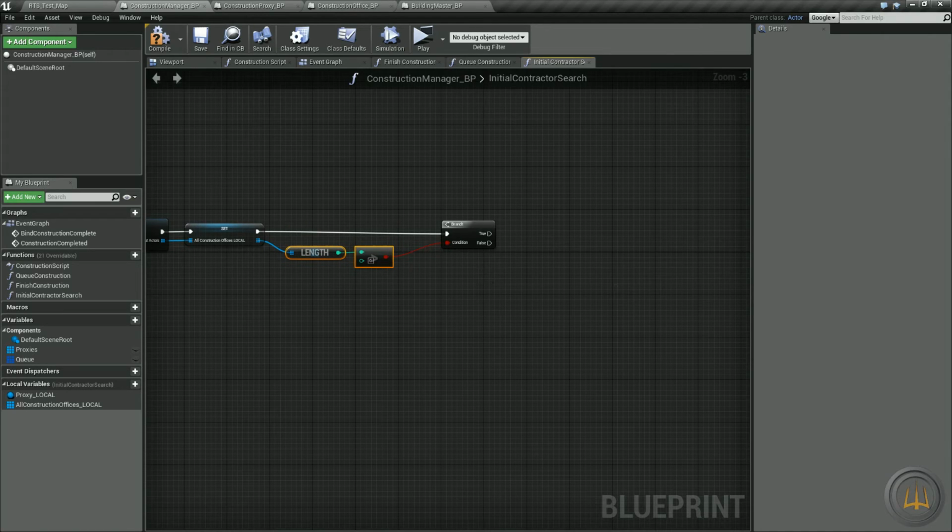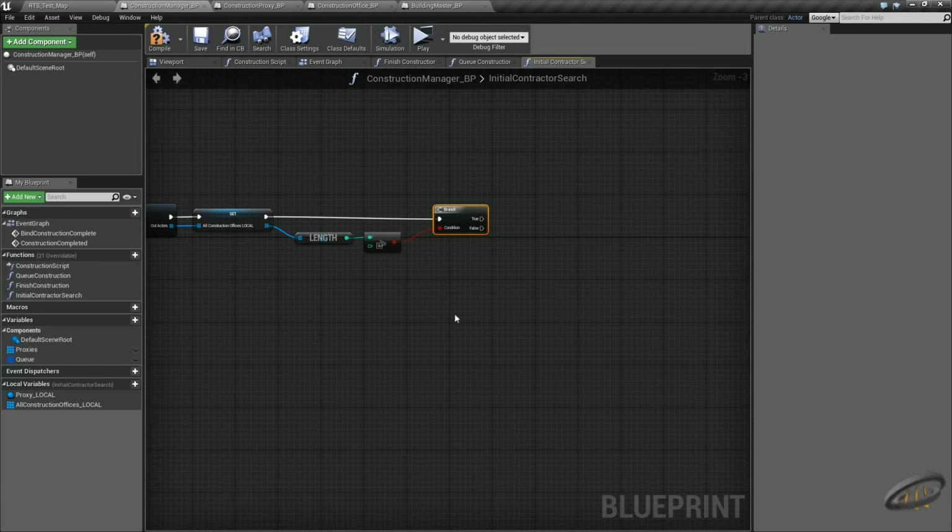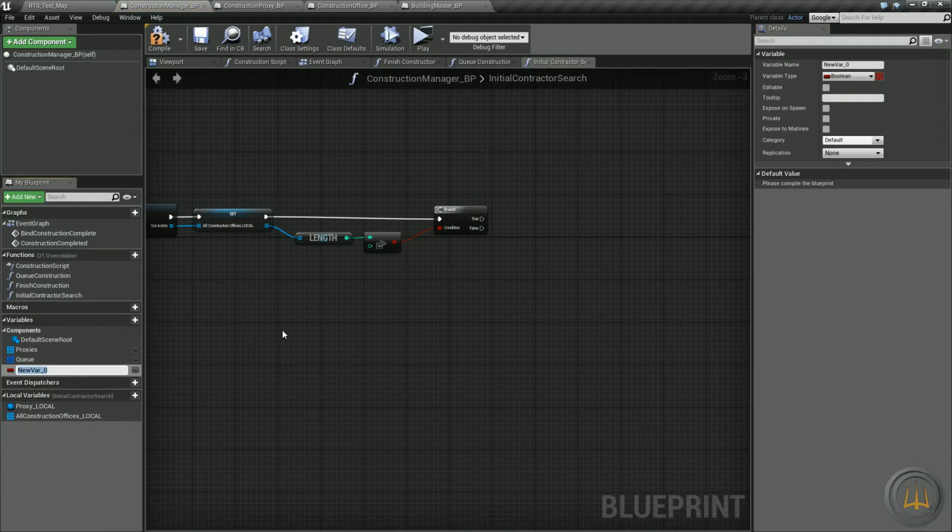All right, so now if we don't have any construction offices, this is the easy part of this here. What we need to do is make a new variable here. This is not going to be a local variable. This is going to be a regular variable because this is going to have to be persistent so that the construction offices can come back and check this. So this has got to be a persistent regular variable. So we'll call this one